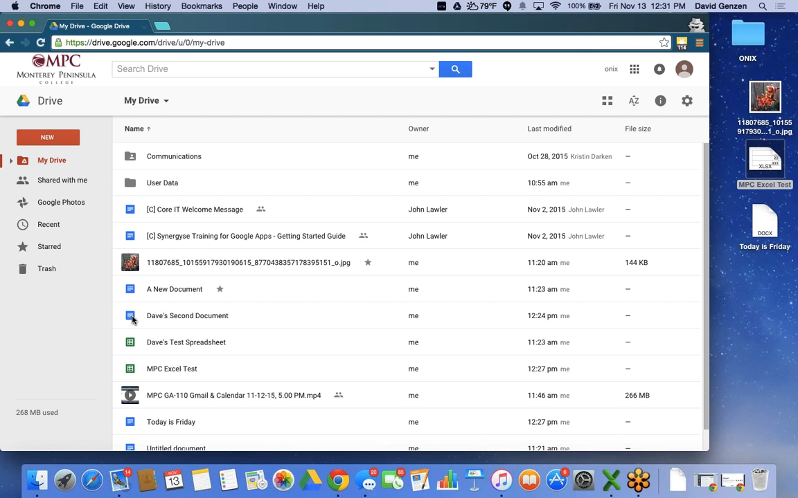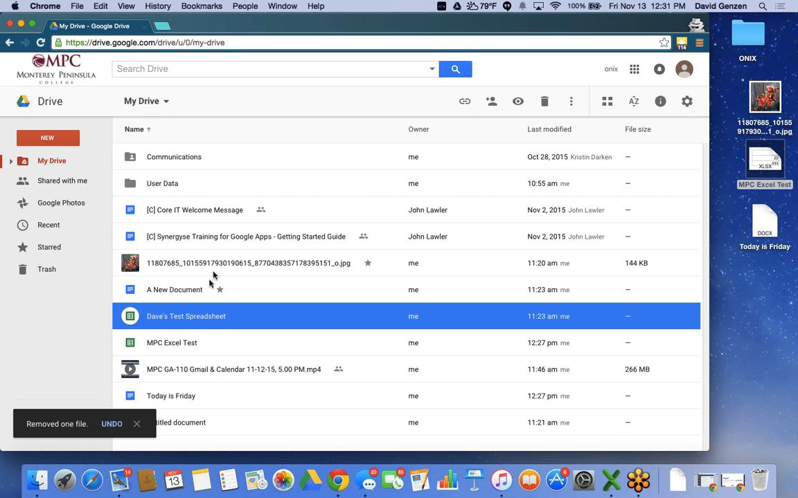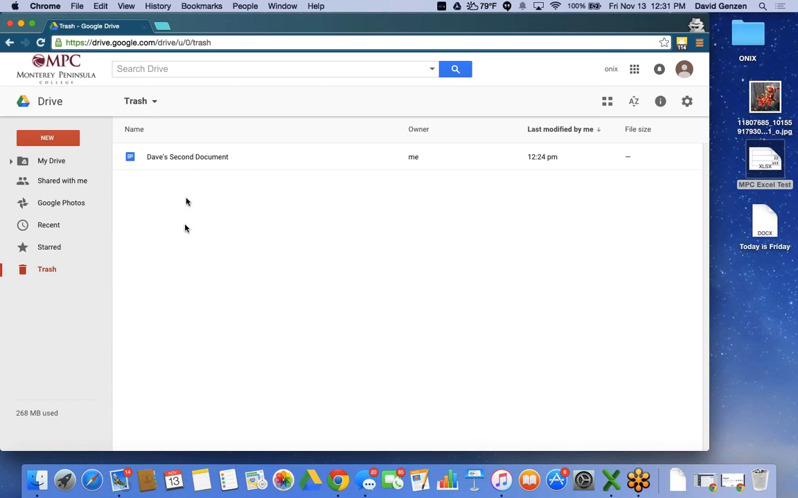Let's choose this one. I'll click on this guy, and I'll move it to the trash by clicking on the remove button, this trash can icon on the top. And now this has been moved into my trash. Now the difference between the trash here in Google Drive and sending an email to the trash inside of Gmail